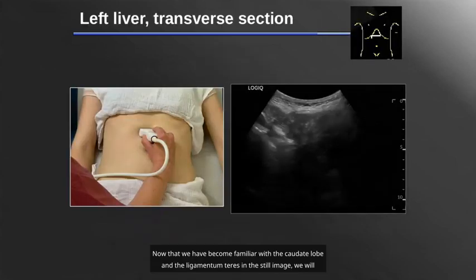Now that we have become familiar with the caudate lobe and the ligamentum teres in the still image, we will transfer this to the examination of the left liver in cross-section. We see here in the examiner's position that we place the transducer high up again, press epigastrically under the costal arch, and angle it only to see nothing at first, as can be shown on the right. This means we need help by having the patient take a deep breath in order to slide the liver caudally